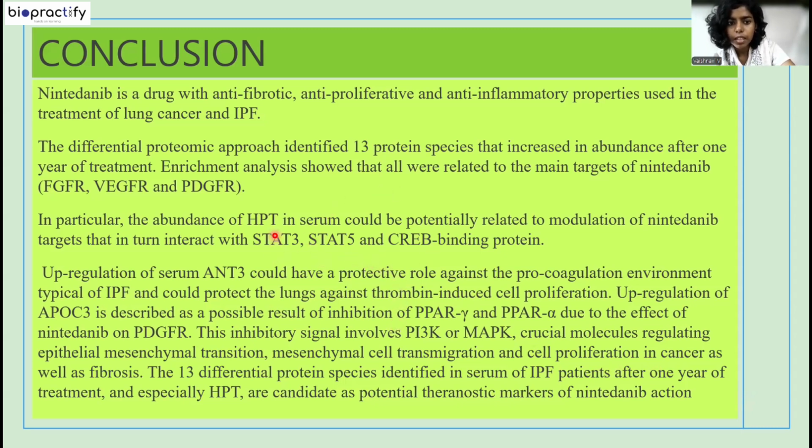These STAT3, STAT5, and CREB binding protein, which are inhibited by nintedanib, are involved in the upregulation of haptoglobin. So when our drug inhibits these three proteins, haptoglobin increases in serum. So that is what is happening. So we should also reduce the haptoglobin because it puts a higher oxidative stress on our